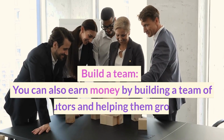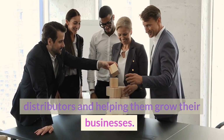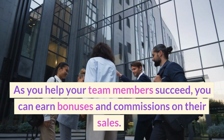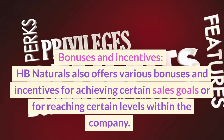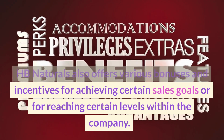Build a team. You can also earn money by building a team of distributors and helping them grow their businesses. As you help your team members succeed, you can earn bonuses and commissions on their sales. Bonuses and incentives. HB Naturals also offers various bonuses and incentives for achieving certain sales goals or for reaching certain